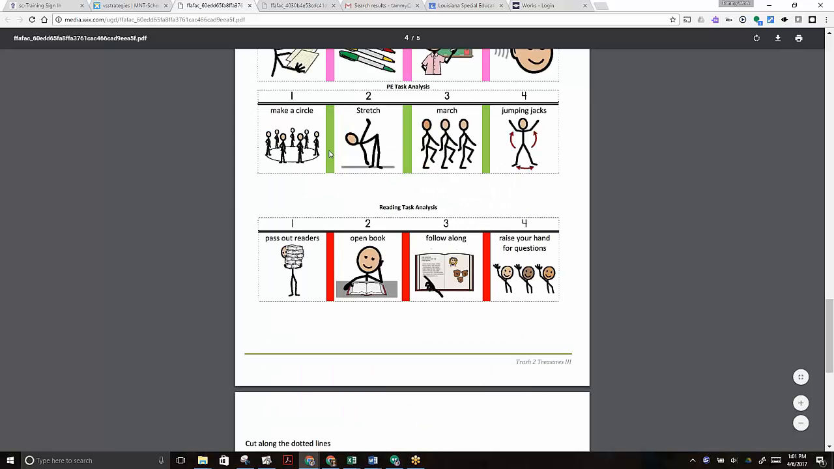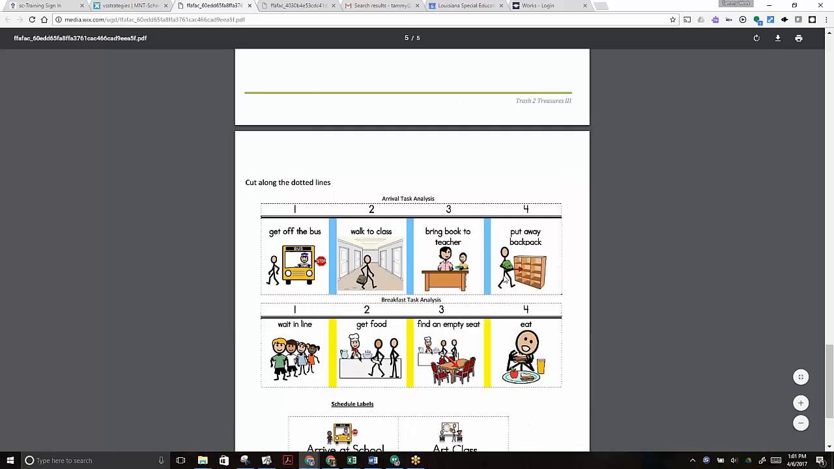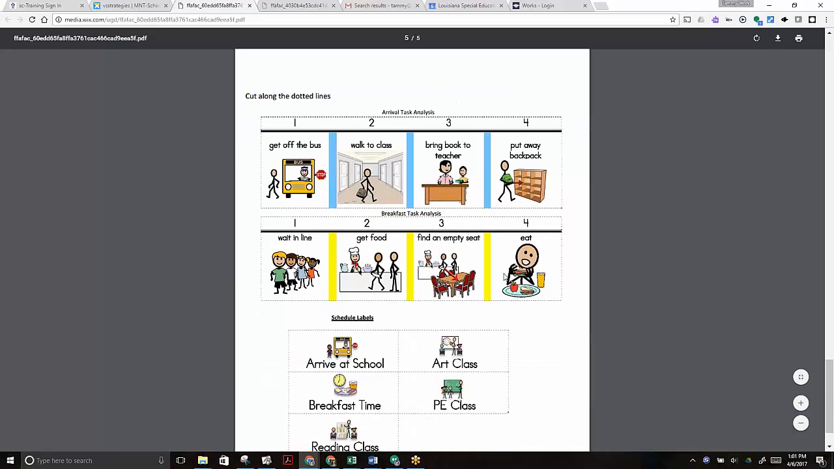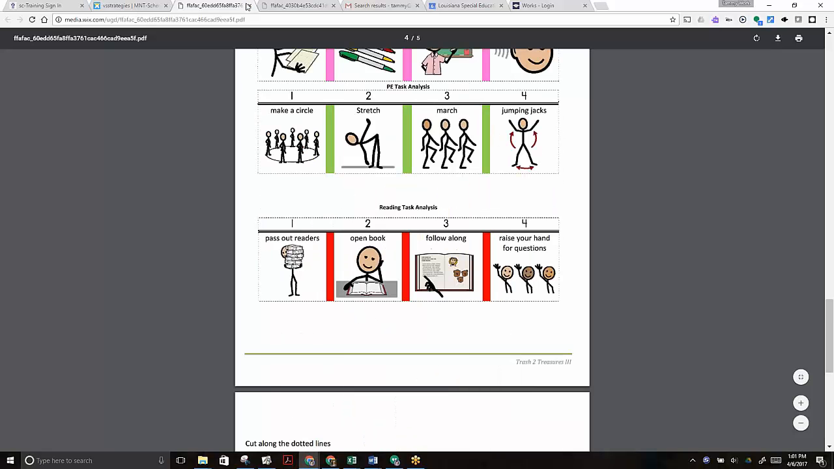And so this isn't just an example. I do have this in a Word document if you wanted to change what these task analysis say, or if you wanted to make your own, just email me and I could send you the Microsoft Word document that we created this in. This is the PDF file, so you can't edit this one. Go back, you can see again the